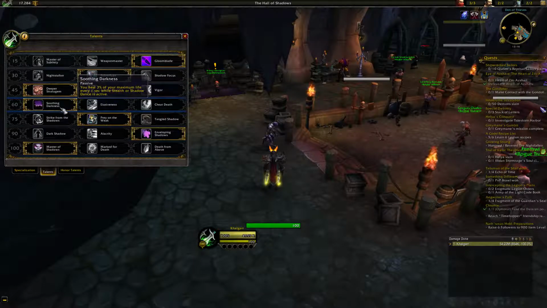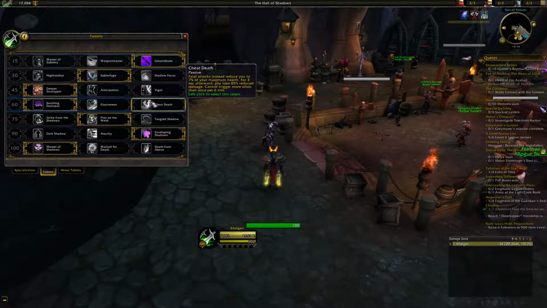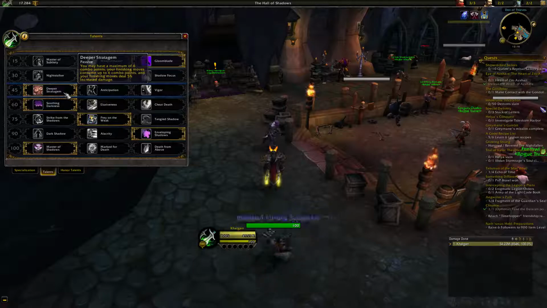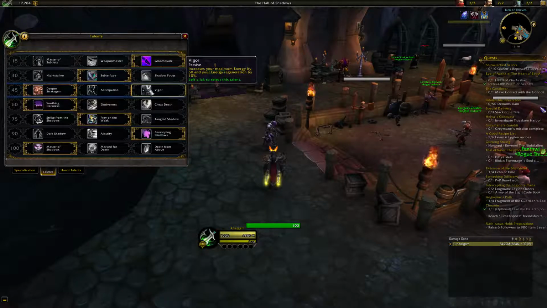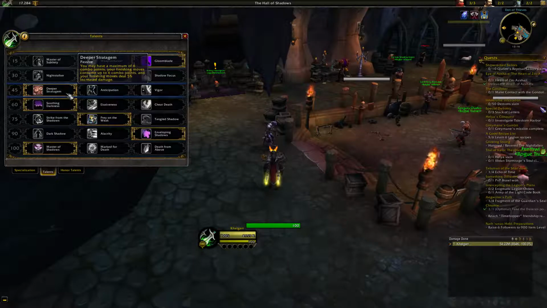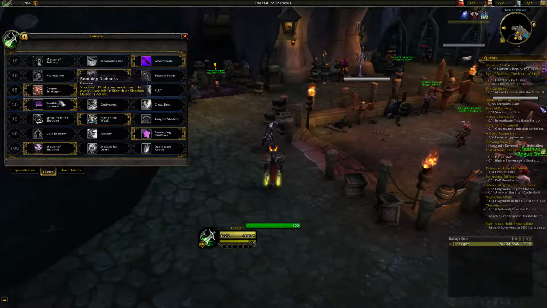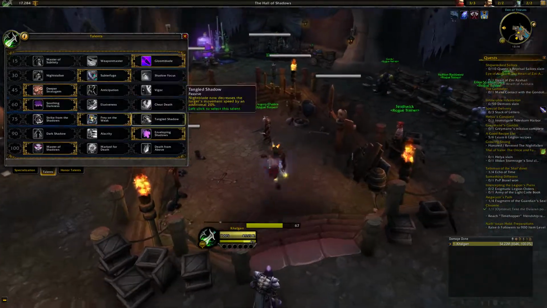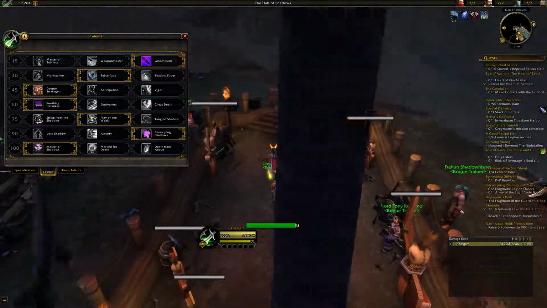Sudden Darkness, because you can either go Sudden Darkness or Cheat Death. Elusiveness is mostly for PvP, and because of Deeper Stratagem, you don't have that much energy like Vigor. I don't know how to say that, to be honest. Sorry. Yeah, because of Deeper Stratagem you only have 100 energy, you don't have the luxury of spamming